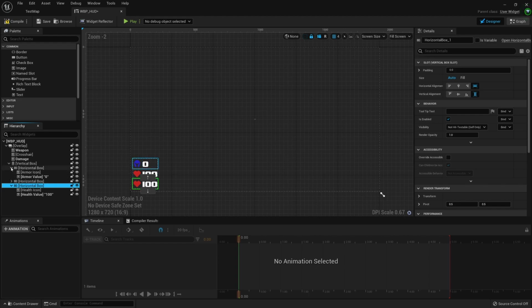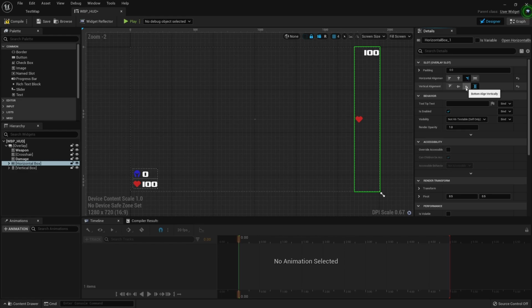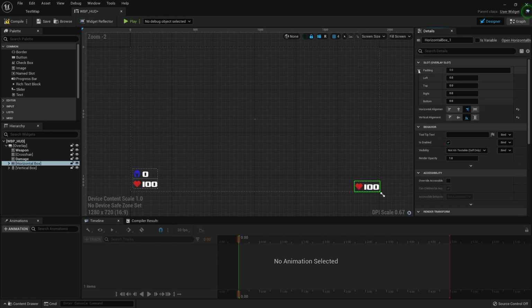And then we want to move it out of this vertical box, so I'm just going to drag it right above it. And then up here on the right, I'm going to hit right align horizontally and bottom align vertically. And then for padding, for the right, I'll do 20, and the bottom, I'll do 20 also, just like the other side.